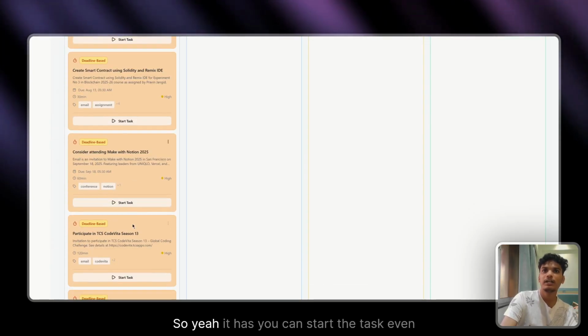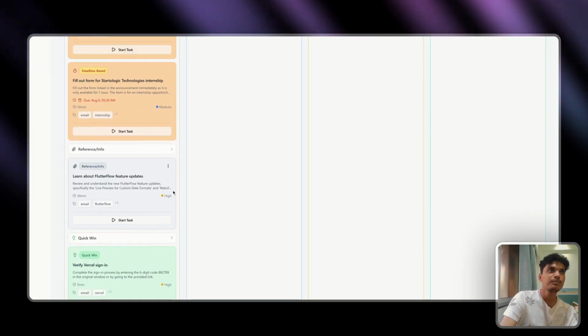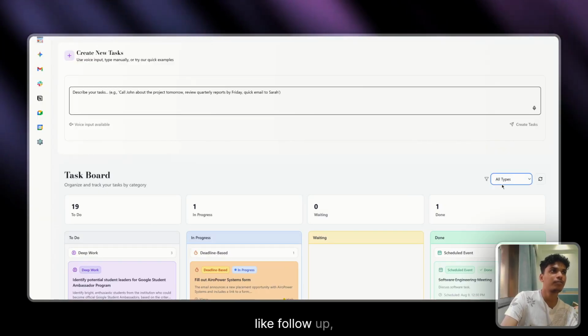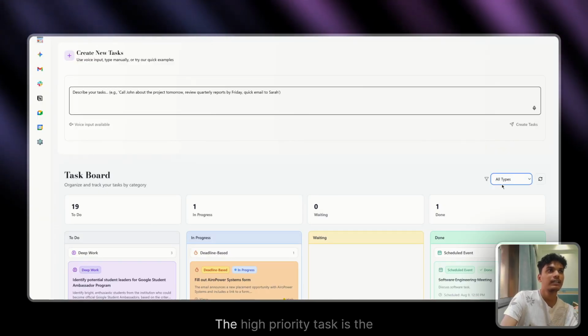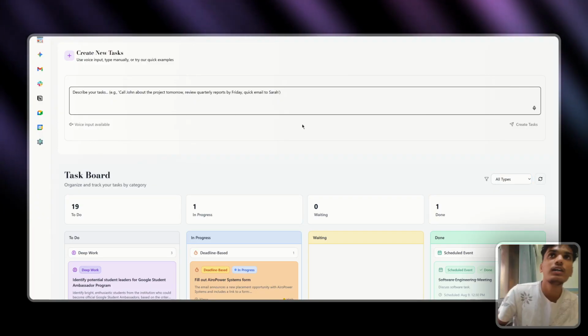So yeah, here, complete experiment 2. So yeah, you can start the task even. Also, the tasks are classified according to some labels like follow up, quick win, high priority. The high priority task is the task with the most priority. So, okay,